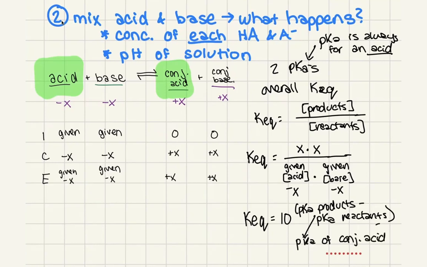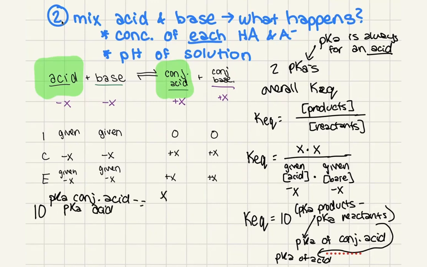And then your reactants, that's going to be your pKa of your acid, like your initial acid. And so now that we have this equation, we can go ahead and rewrite this and say, okay, well, we have 10 to the pKa of your conjugate acid minus pKa of your acid